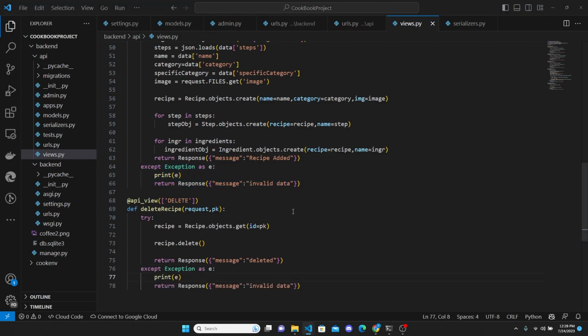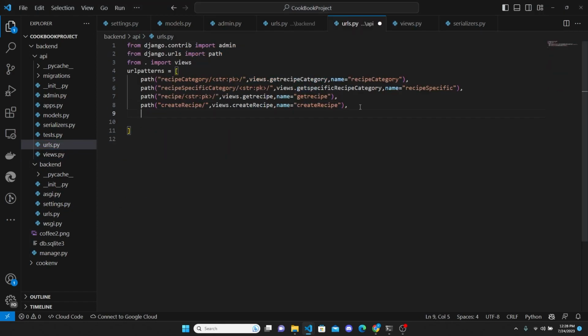To register it, URLs, path, delete recipe, we need the ID as a string. This is why we say string. Use that, delete, and the name, delete. Okay,